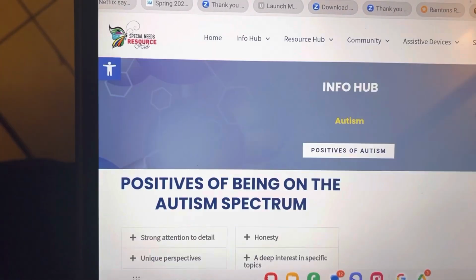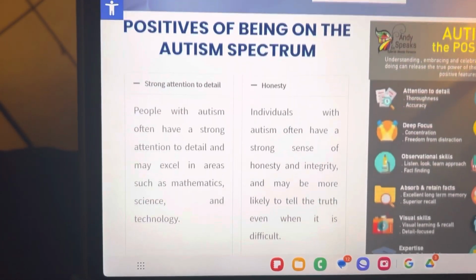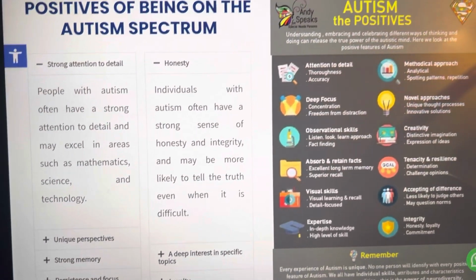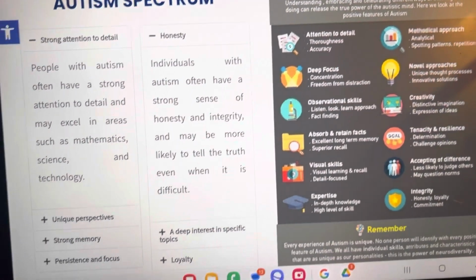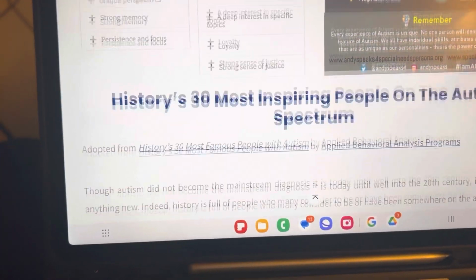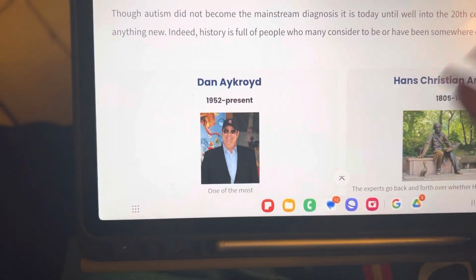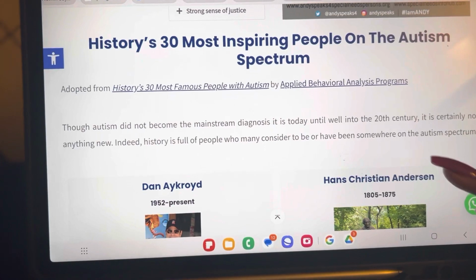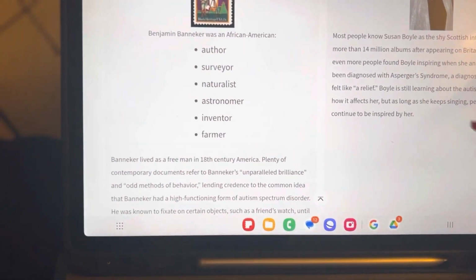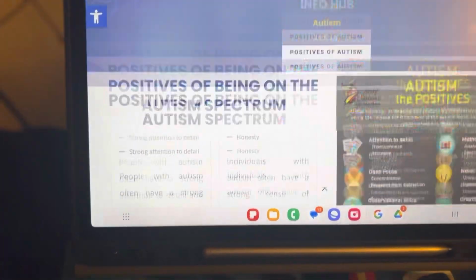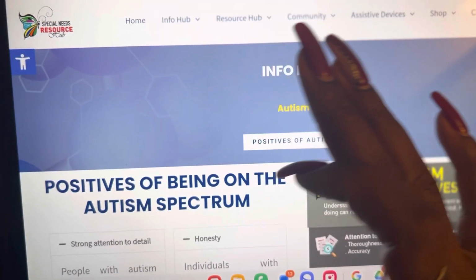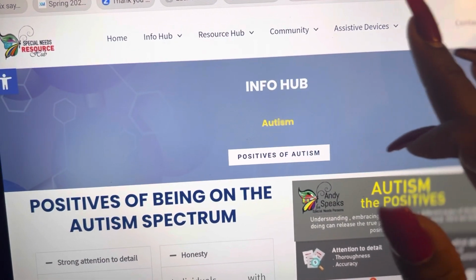We have the brightest people and the wealthiest people in the world who are autistic and neurodivergent. So we have a list of quick links about the positives, and you can read about even 30 most inspiring people on the autism spectrum. So it's not all doom and gloom, so that parents can see that there is more to it. So we've looked at the InfoHub, Resource Hub, the community,